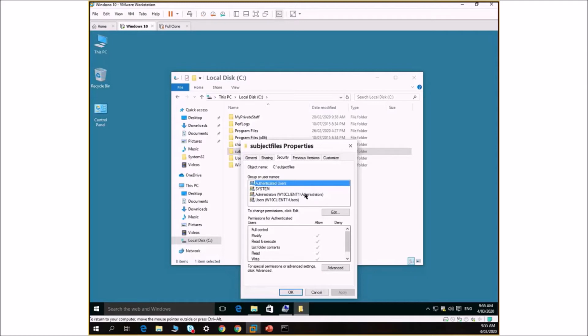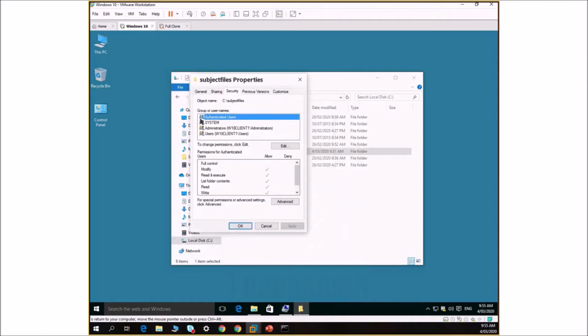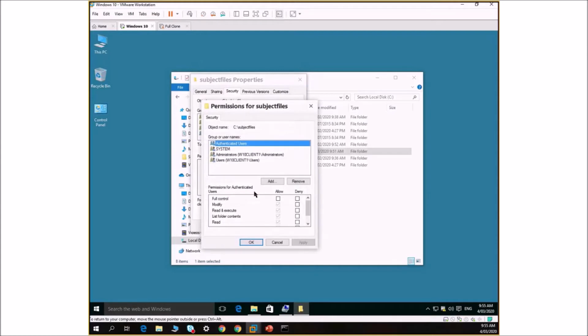So what we need to do is take away these two users. You've got to understand these two groups: authenticated users represents anyone who can log in, students or lecturers, and users represents any user. But you may notice that I can't actually get rid of them